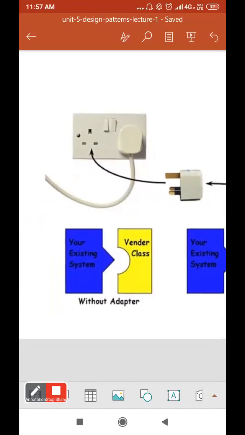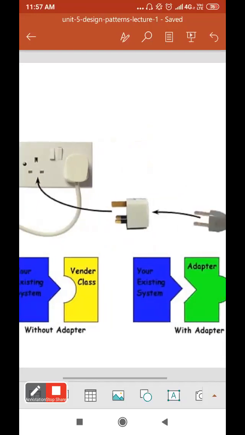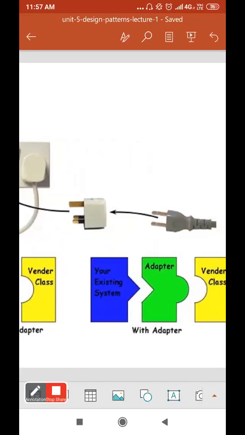It is not possible, because the interconnection will not be possible, as both have different interfaces. So it is not possible without an adapter. So you provide the adapter in between, and then you get access to the particular vendor class.